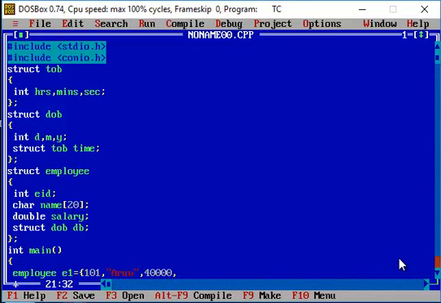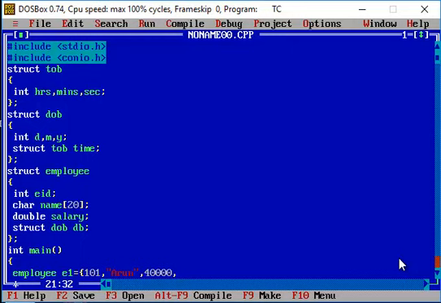Then you have the date of birth as the fourth structure member. So the first three structure members, I don't have any issue. What I'm doing is giving the direct assignment of values, or just initializing the structure variable with these values. So 101 indicates the EID, Arun indicates the name of the particular employee, and 40,000 indicates the salary of the particular employee. So now your date of birth has to be updated.